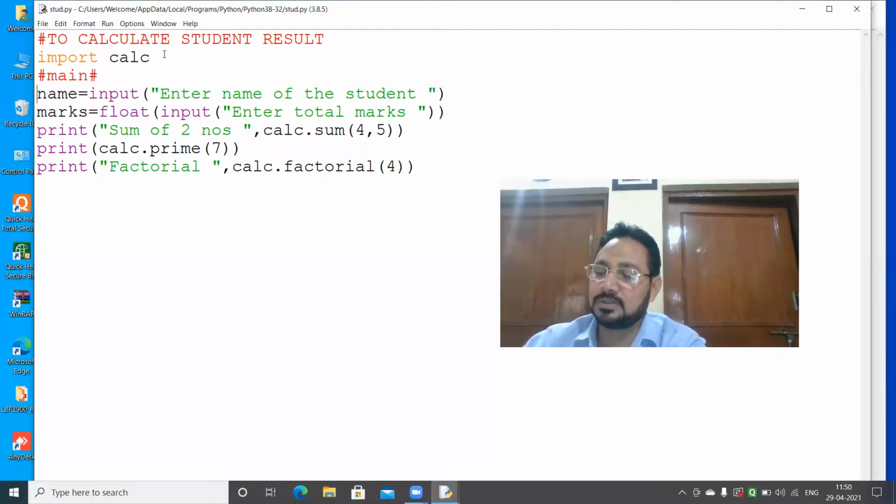It can be used as follows. And just write this example: import calc. It will import all the modules of calc. It will call all the functions of module calc. Write it like this.